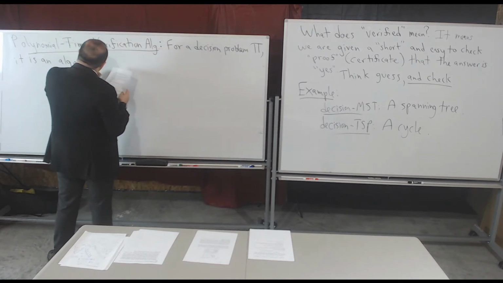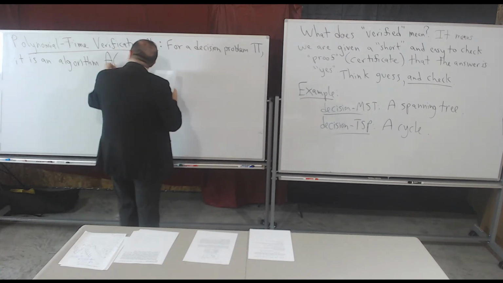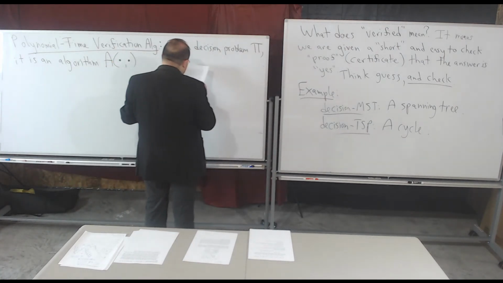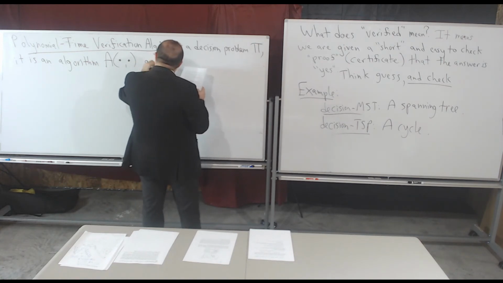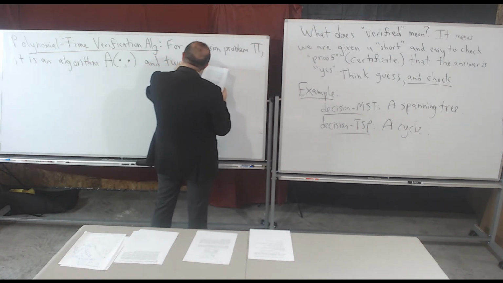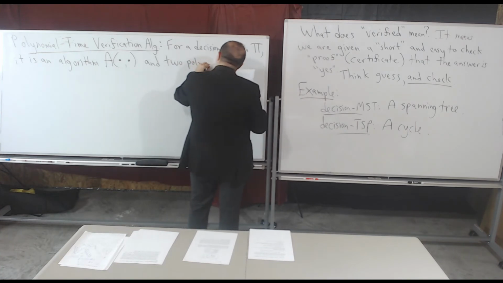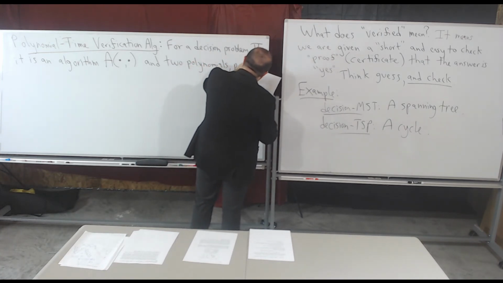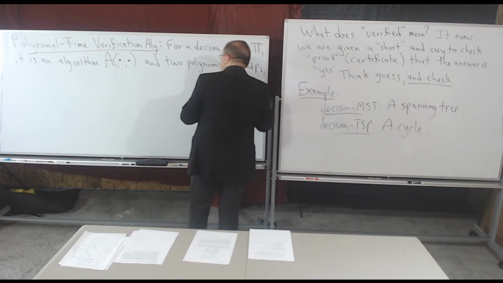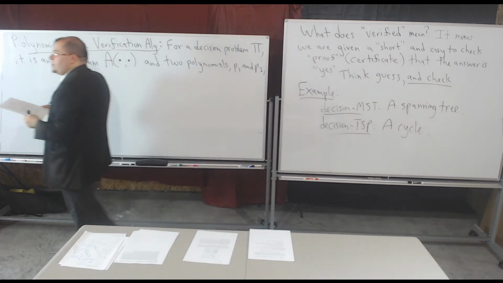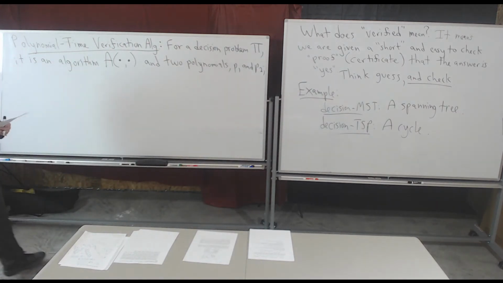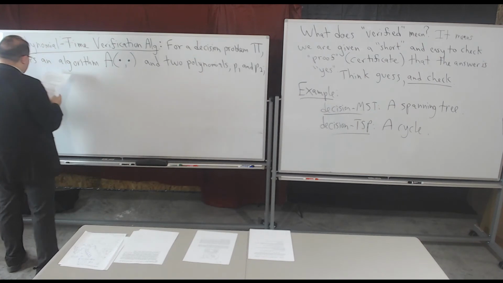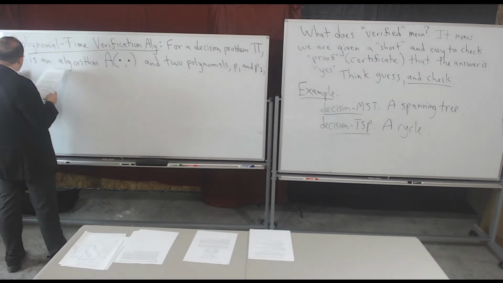I'm going to give the algorithm a name, I'll call it A, and it's going to have two parameters, I'll just put dots there as placeholders, and two polynomials, P1 and P2. Remember, these could be any polynomials, as long as they're two fixed polynomials, I don't care what they look like, such that